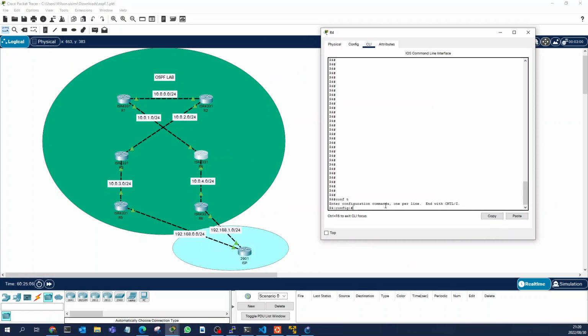I'll close the panel. We'll do the same thing with R4, conf t, router ospf. With the process ID, let's pick another number, 2, enter, then enter our network. So we have 10.0.1.0, space, 0.0.0.255,